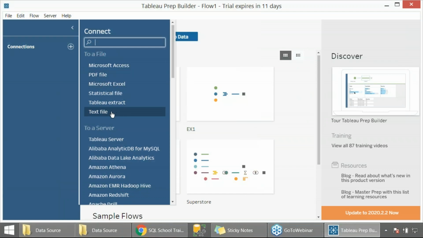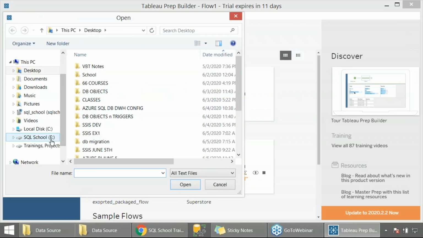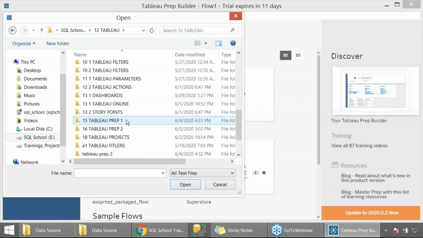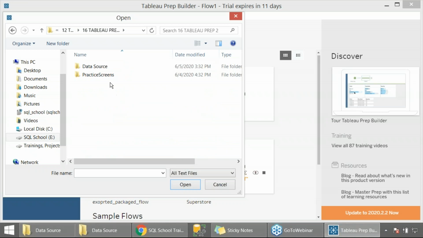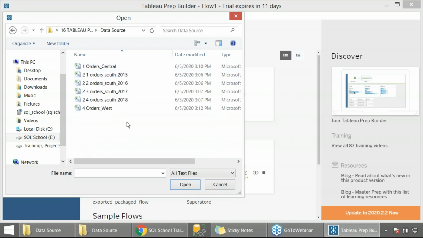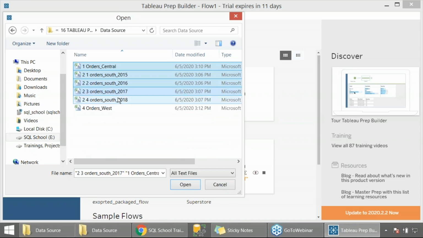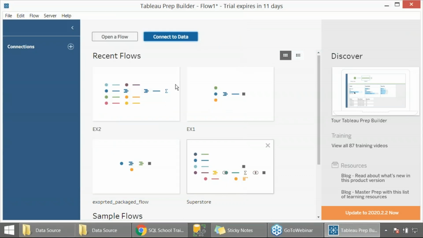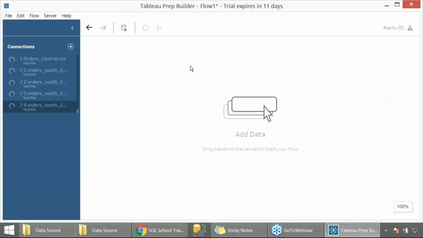I'll take a text file and I would be taking central, south, and the orders 1, 2, 3 and 4 sources. Click open. So provide the required data sources.